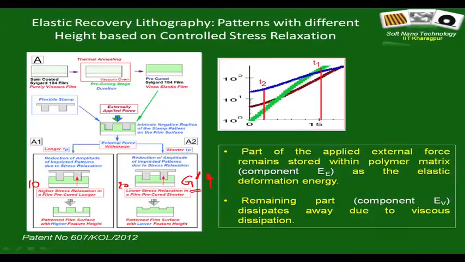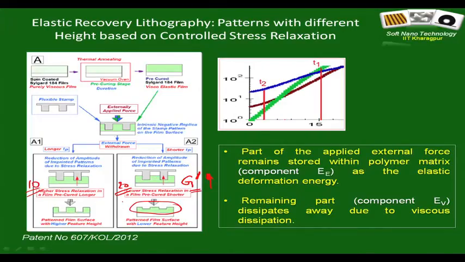So, the film that has been pre-cured for a longer duration in fact relaxes more, and the film that is cured for a shorter duration relaxes less. So, what is the manifestation of this relaxation? The only manifestation of the relaxation is that it will push up the stamp, and that is the reason you would like to use a very lightweight or almost weightless stamp like a foil stamp or something like that. Of course, you then subsequently place the films for cross